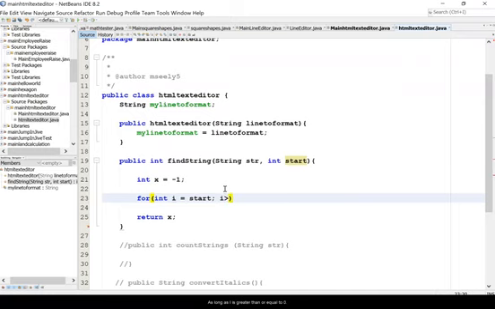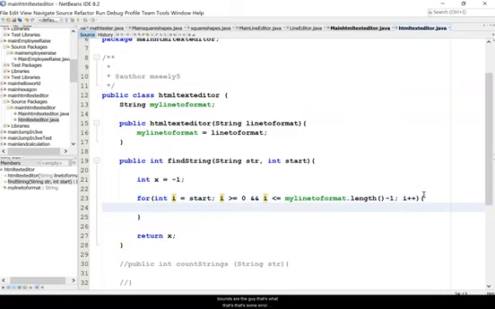As long as i is greater than or equal to 0, and i is less than or equal to myLineToFormat.length - 1, i++. So basically here you don't want to have an index out of bounds there. Okay, that's some error checking right there. So we're checking to see if it's in the first position. So if i is equal to 0